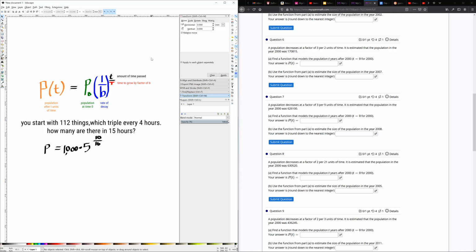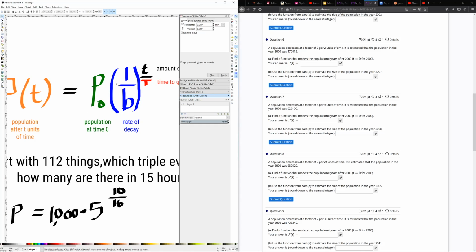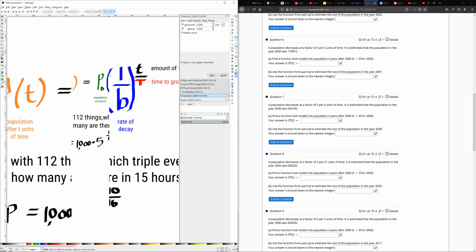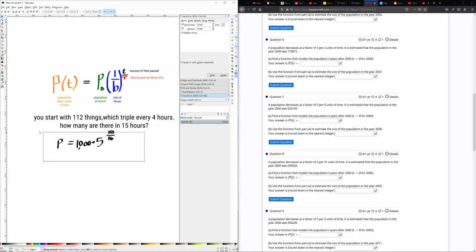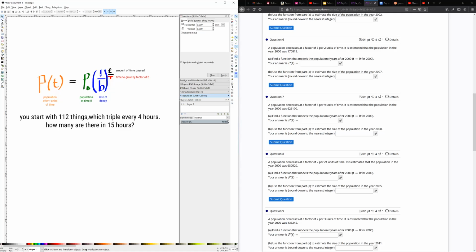Okay, the next type of question is for exponential decay. It's pretty much the same type of function. I have it here, but in this case, get rid of that. Instead of having a number here that represents how much we grow by, a factor that we grow by, we're now going to decrease by a factor of something. So instead of grow at a factor of 3, we're going to decrease by a factor of 3